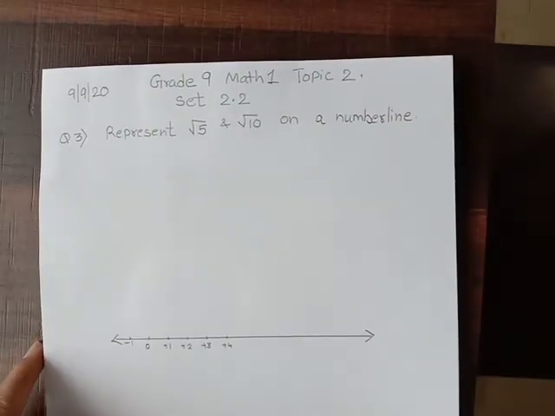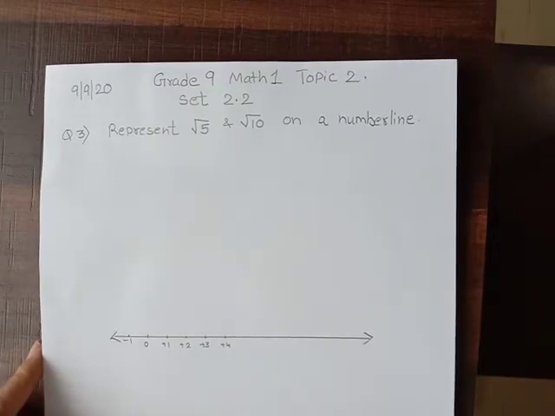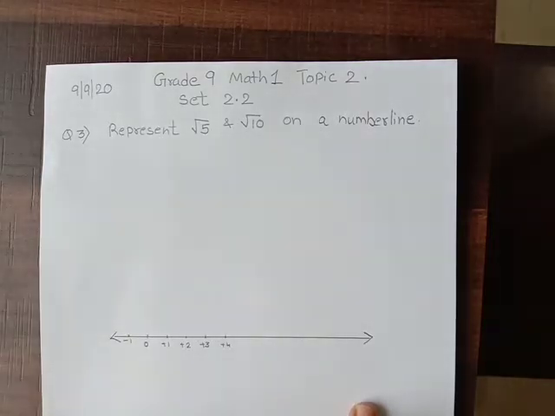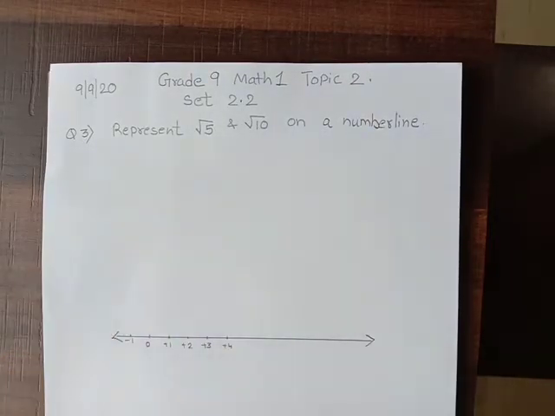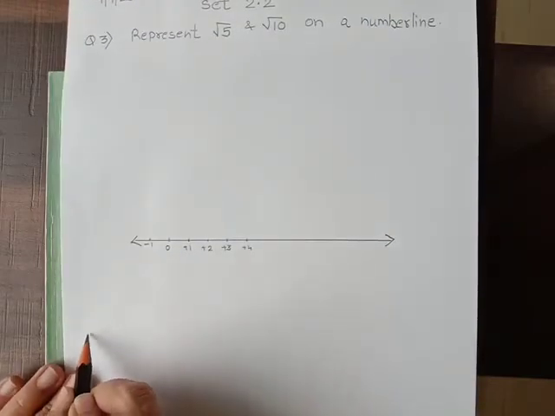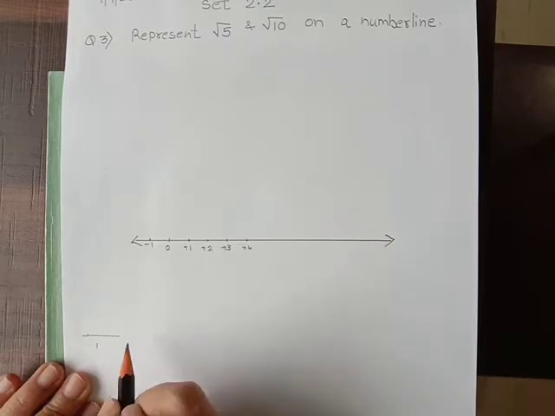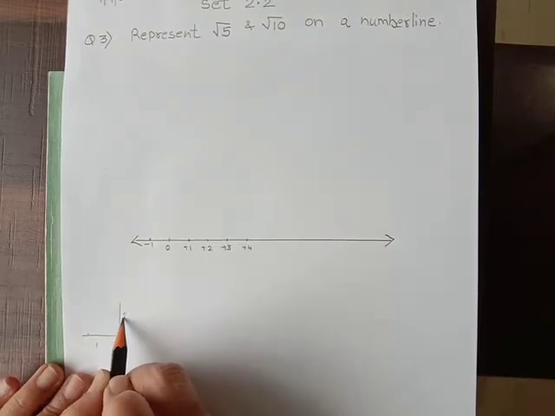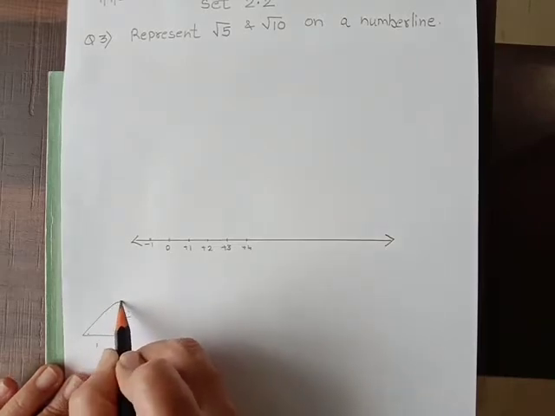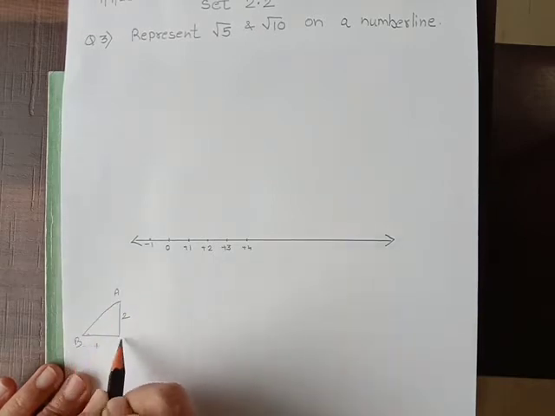First we are going to do root 5. You know that for doing the root 5 or to draw the root 10 on number line, we are going to use Pythagoras theorem. I have told you this in detail in previous video. So here in rough I am showing you. Just see. If I have over here 1 unit and over here 2 units, for example, this is triangle ABC, and this is 90 degrees, mind well.